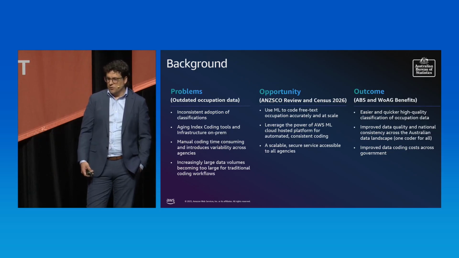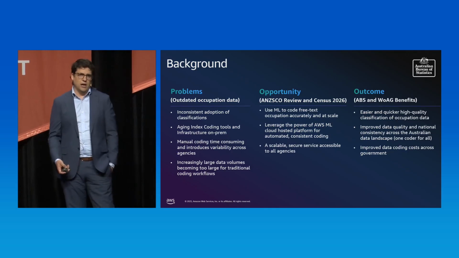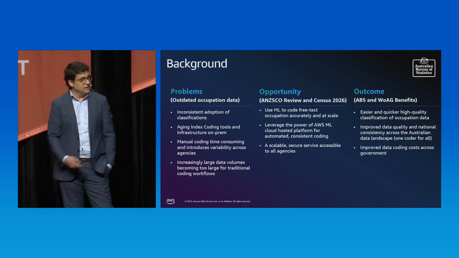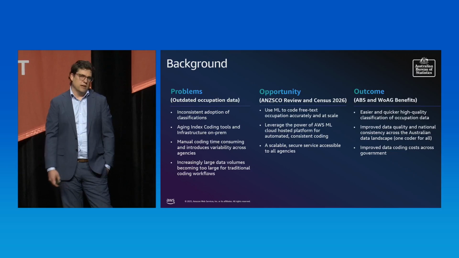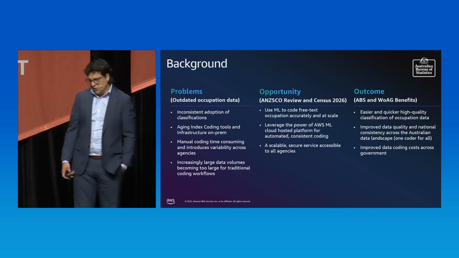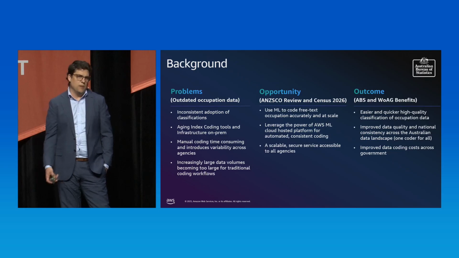So the ABS really foresaw an opportunity to use AI and enhance our existing application of machine learning to solve this problem for users. And the way we've realized that is with a technology stack powered by AWS and AWS support. Things like Jupyter Notebooks through to SageMaker AI. I think the really great thing from that is we now have a powerful environment in which we can securely train models. And also we can make that through API available across government, which is really wonderful.